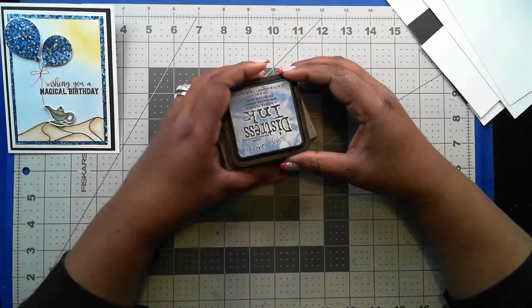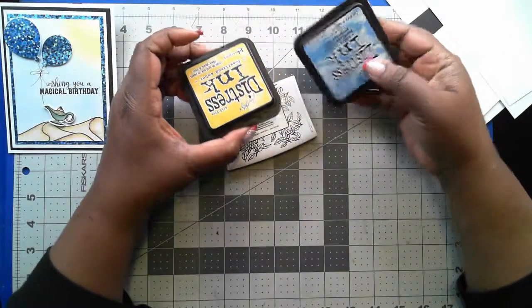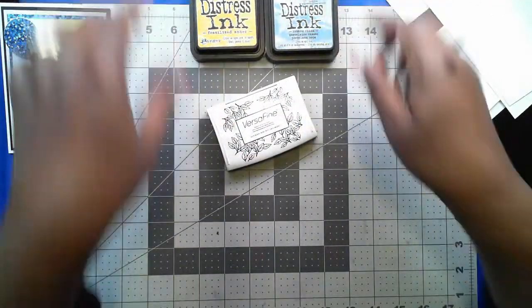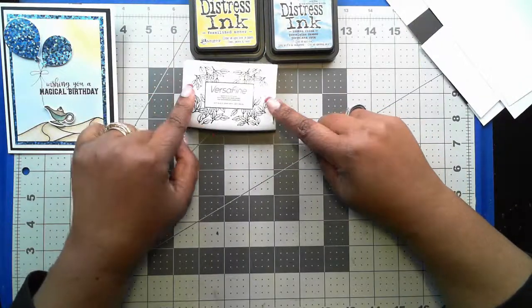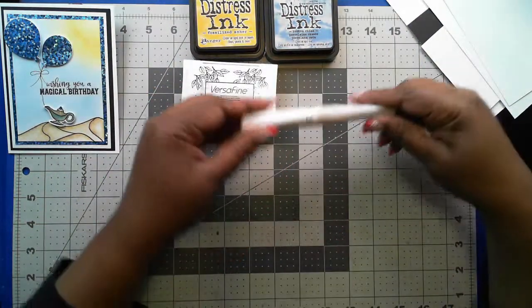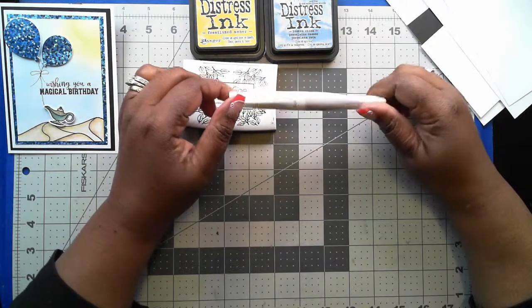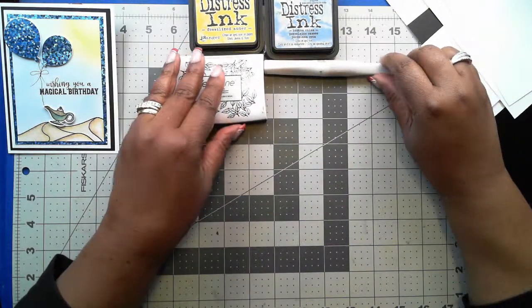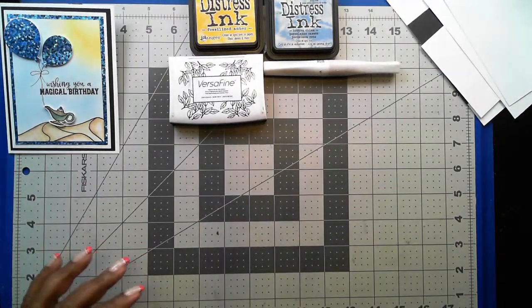The inks I'm using today are two Distress Inks, Broken China and Fossilized Amber. I will also be using my Versafine Onyx Black. I'm going to be using a Wink of Stella marker, and this is glitter gold. The technique is going to be using